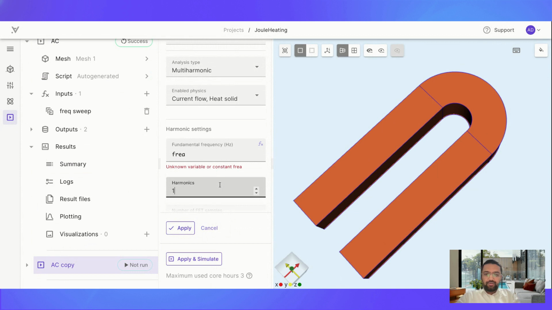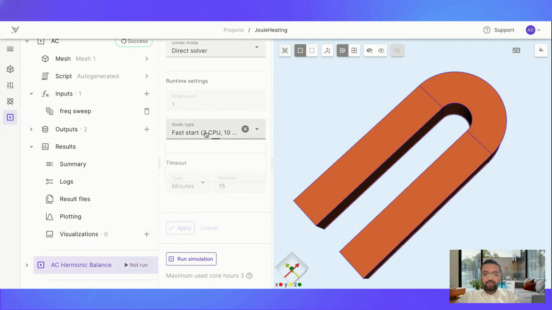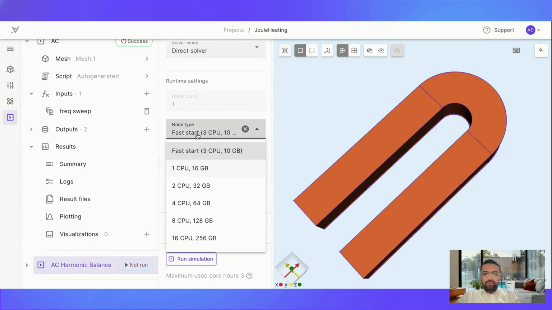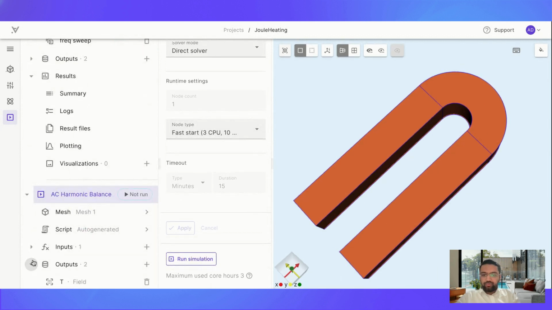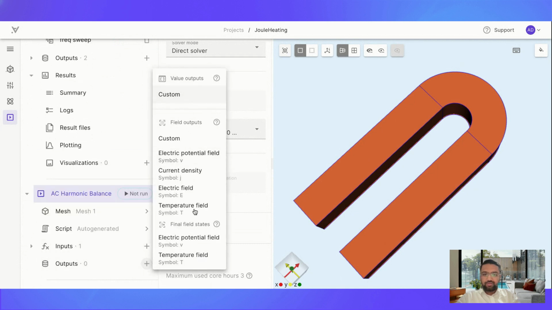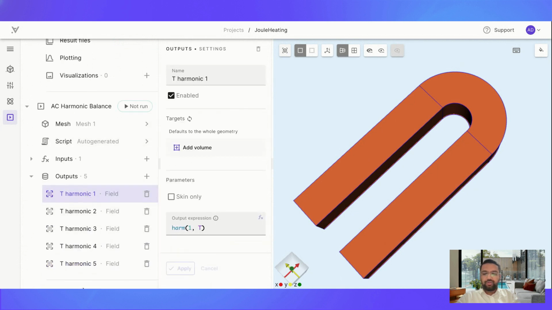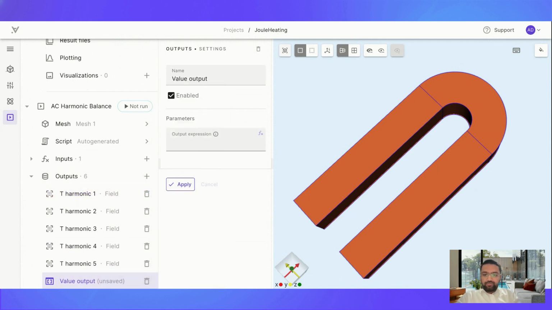I'll choose the harmonics 3, 4, 5, and that's all I need. I need to change the output here because this is a harmonic simulation, and the output would be in terms of harmonic coefficients, not the absolute temperature. And also for the max temperature I need to define